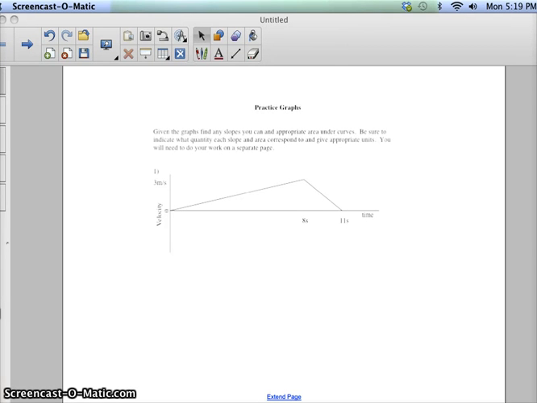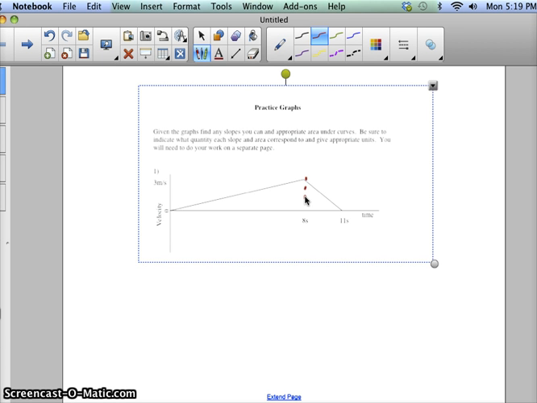All right, so let's see if we can work these out. Given the graphs, we want to find any slopes and areas under the curve, and we want to indicate what quantity each slope means and area corresponds to, and give units. Okay, so I'm going to start with this section here,